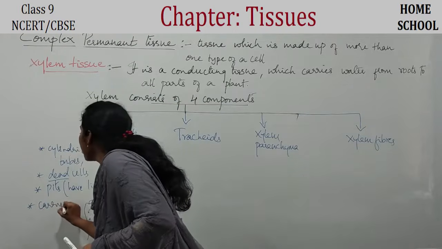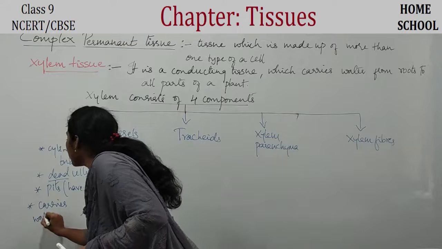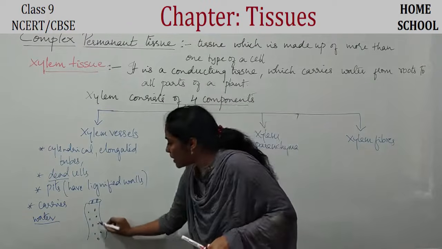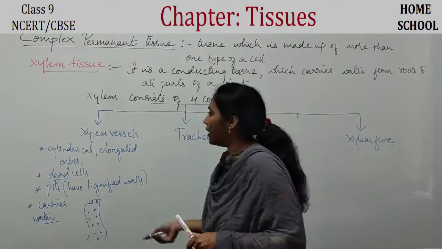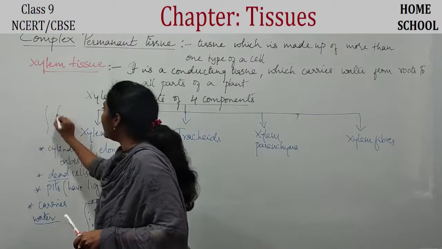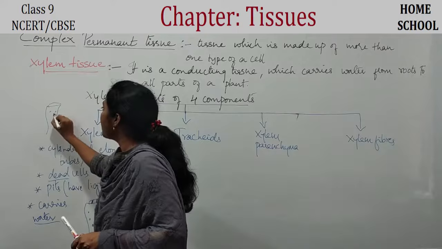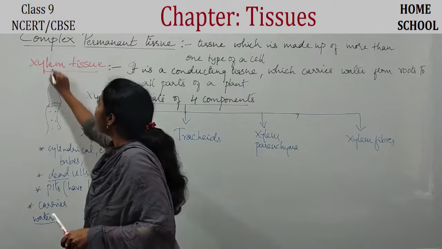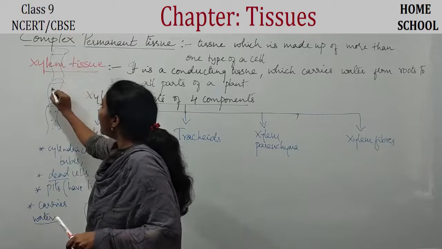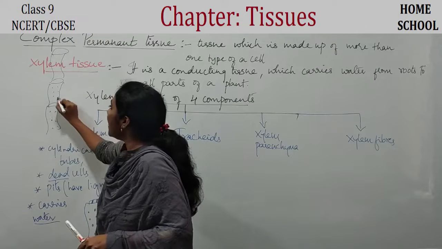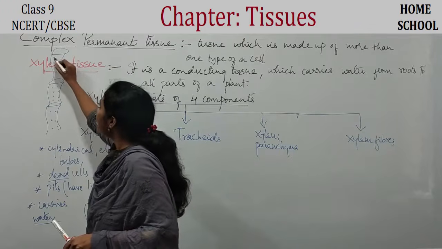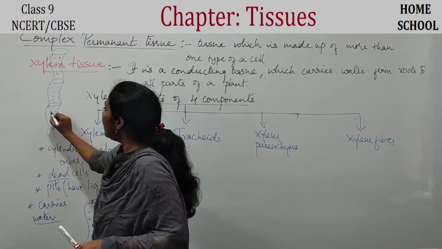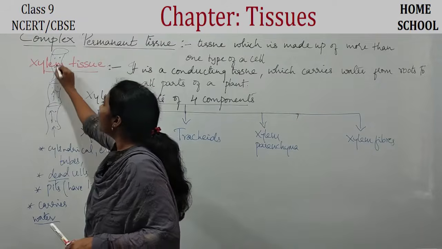Carries water. Okay? Say like this. This is one xylem vessel. I'll draw here. This is one xylem vessel. Clear? And upon this, one more vessel would be there. Like this, it goes on. Clear, everybody? And each and every xylem vessel cell has these pits, guys. So through the pits, water will actually go in an upward direction.